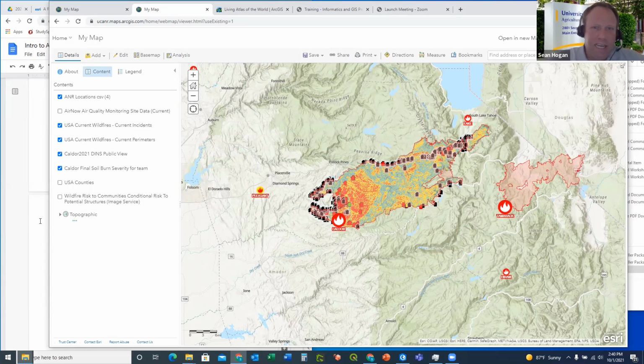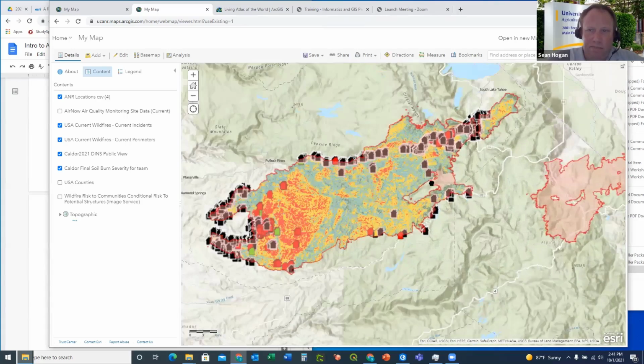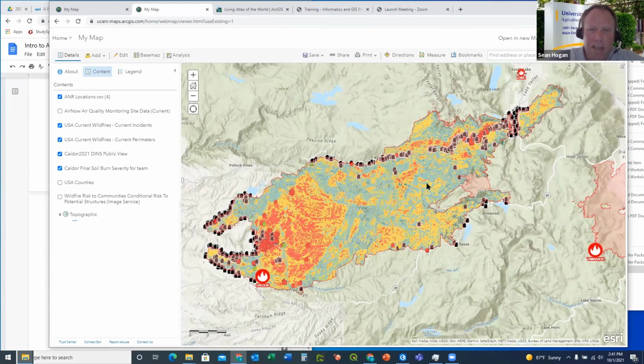So yeah, again, we're starting to get a fairly decent map going on here, but there's a lot of data. And this is common. You'll have more data in your map than you need in a lot of cases, and keeping it straightened out, organized, and visualized the way you want is a bit of a challenge. And one of the challenges too is when you conduct your analysis, speaking of credits that might not allow you to do certain steps, if you try to do an analysis with a ton of vectors, it's going to take a lot of time, not just credits. And so to get around that,